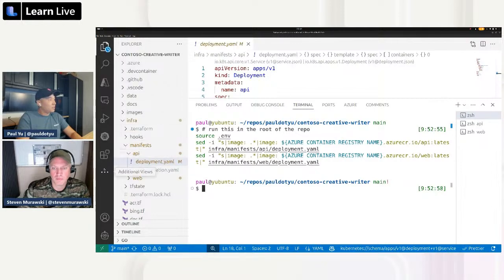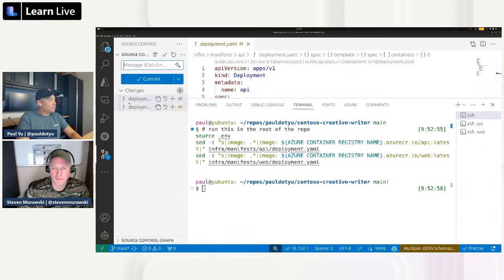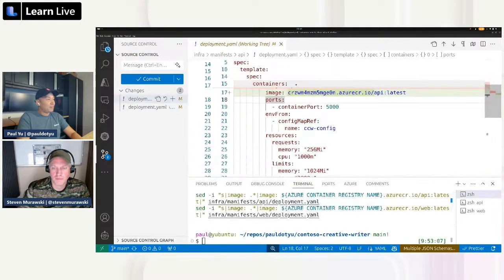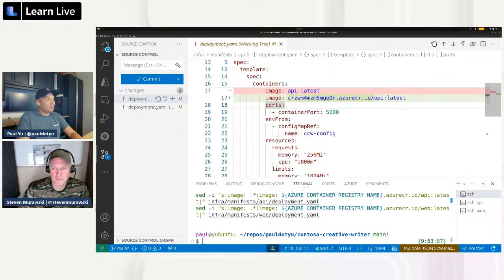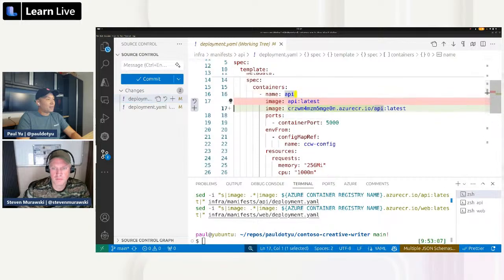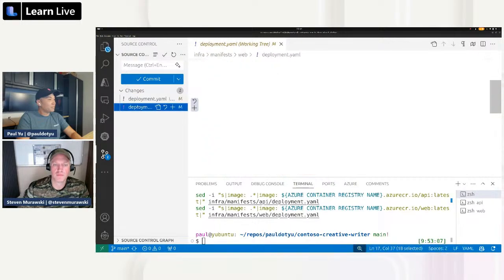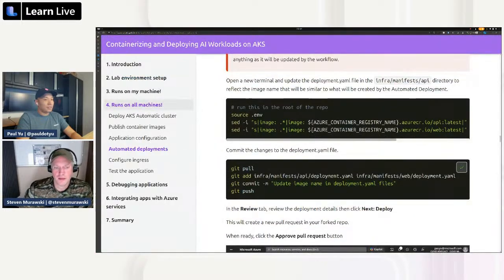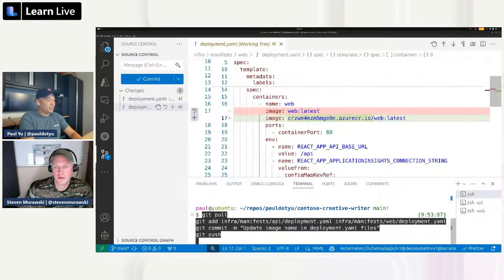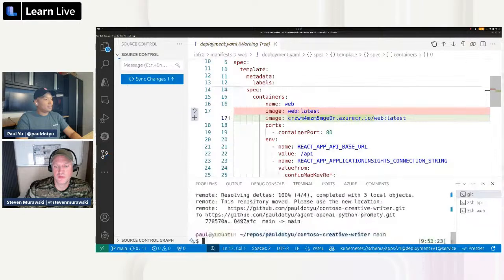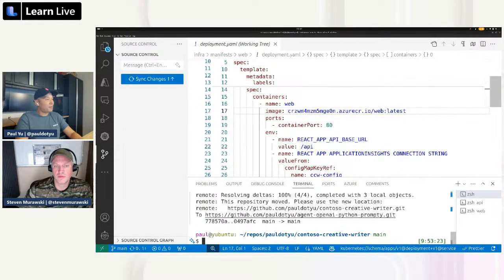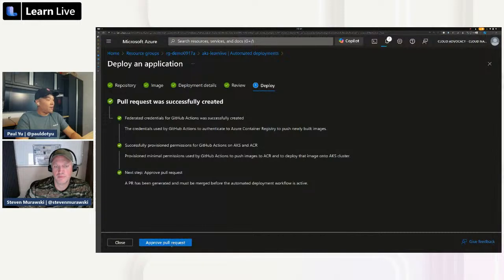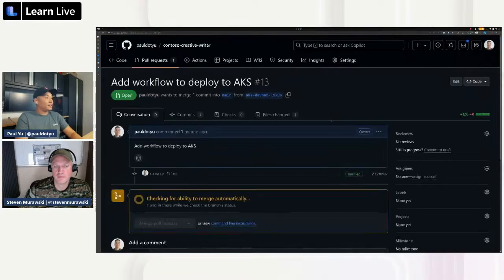And let me show you what just happened here. Source control. So you can see in my two manifest files, I swapped out API latest with this container registry, and that's for both. Okay. So let me just go ahead and grab these commands. And so I'm just going to commit those and push them up to my repository. And now I am ready to go and approve